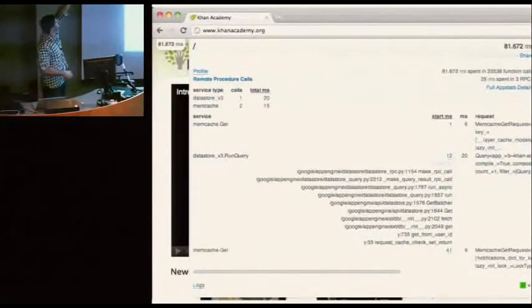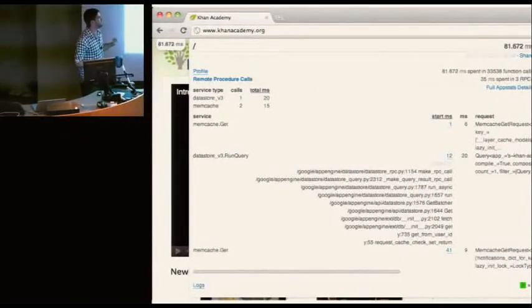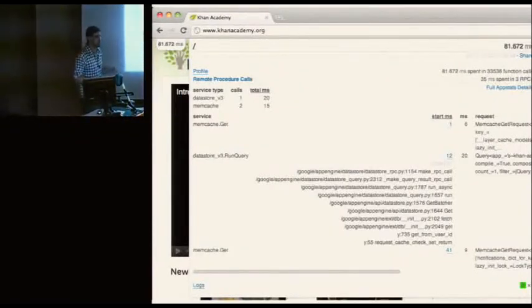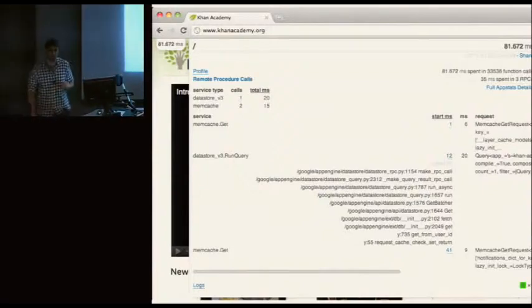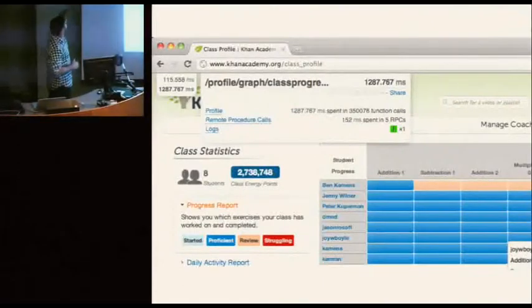Here, I'm actually expanding a little bit of a different profile. This is not just a profiling breakdown. This is showing me all the times I'm talking to the data store, anytime I talk to Memcache, any type of RPC call. I'll get the full profiling information from that with the mini profiler. And it does some other really cool stuff. See how there's two